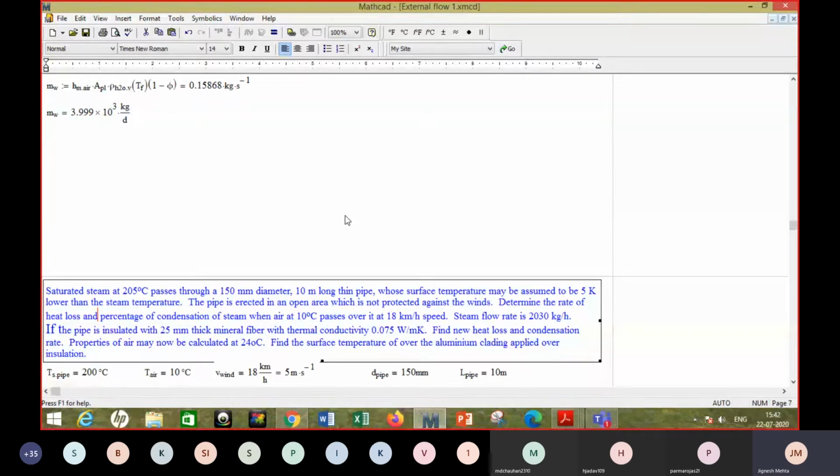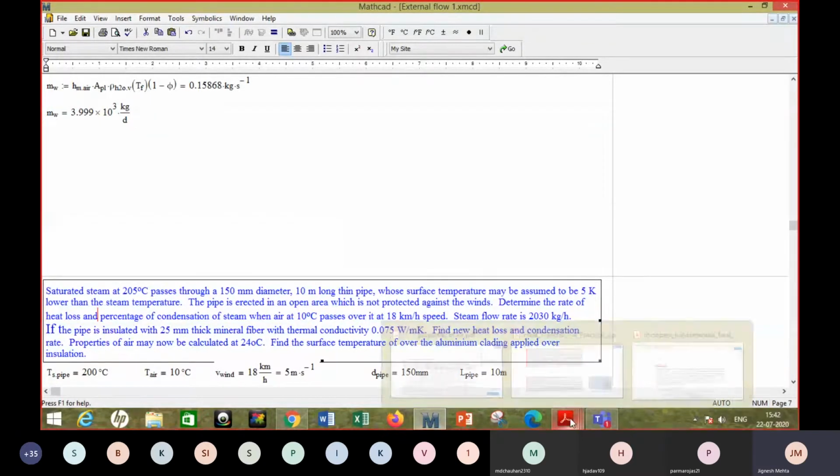Now you may ask whether we are talking about the inner surface temperature or the outer surface temperature. Here you can read that it is a thin pipe, right? As from the knowledge of conduction, for a metal, the temperature drop will be very small if the thickness is less and the conductivity is good. So here it is to be assumed that the inner surface and outer surface temperatures are the same, so that's 200 degrees Celsius. We'll not go into more details of that because we are interested in the external flow, the convection happening over the surface of the pipe.